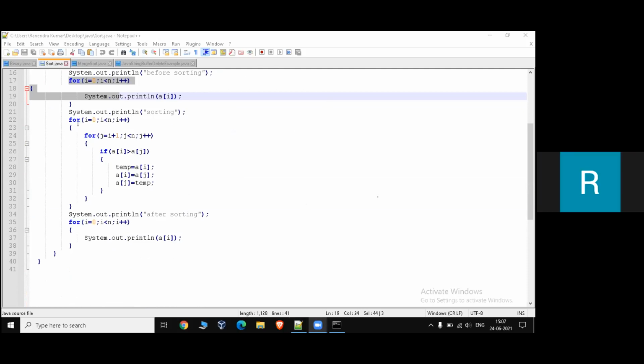Here we are using two loops, inner loop and outer loop. The outer loop is used to decide how many times the loop will repeat. It is used for the elements of the array. Next, the inner loop is used for comparing the values.